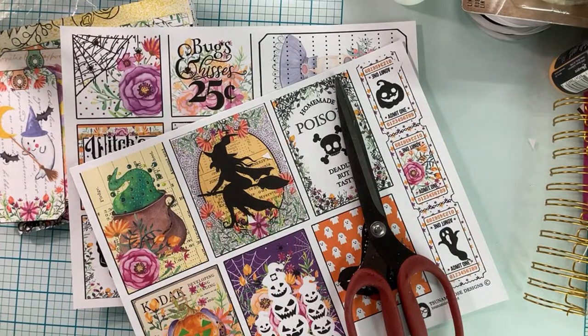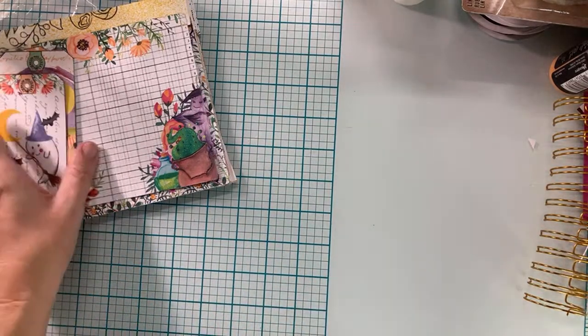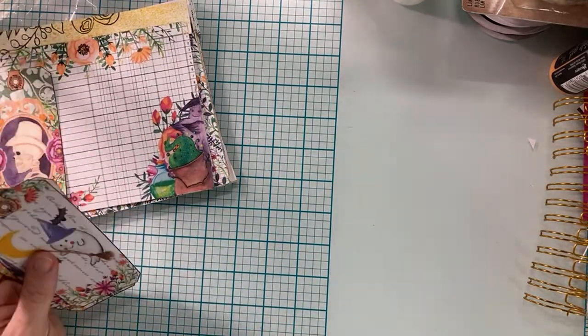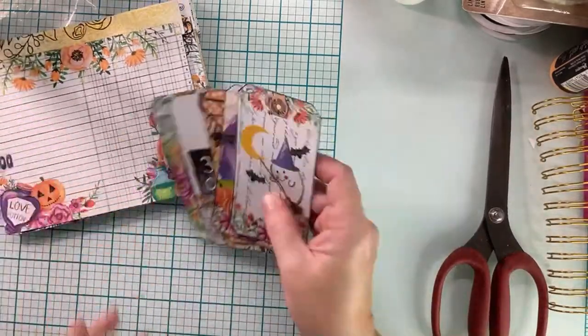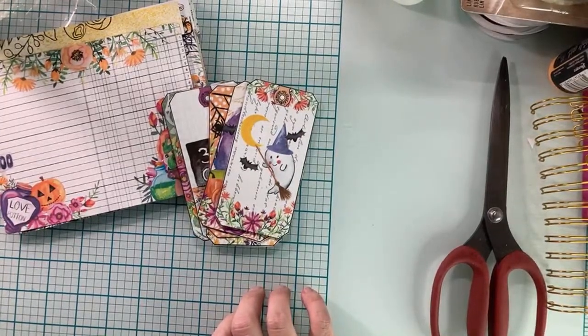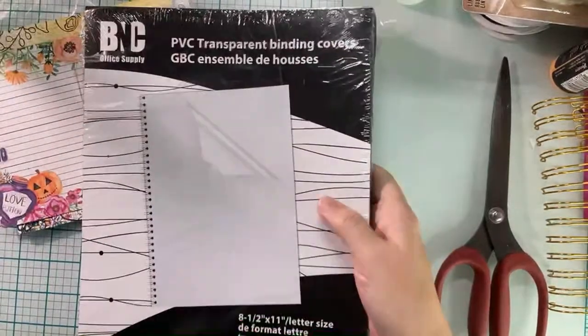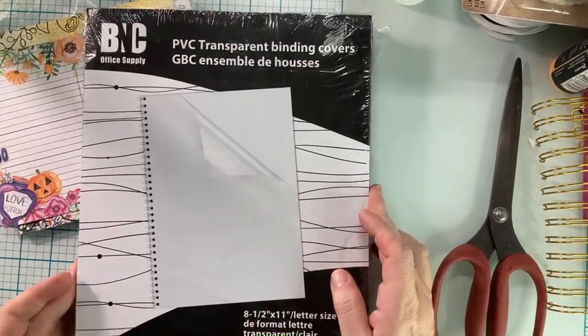Okay, so there's another one. One thing I want to do inside these dailies is also add some acetate pages. So let's do that real quick. I'll show you my acetate. Okay, so this is